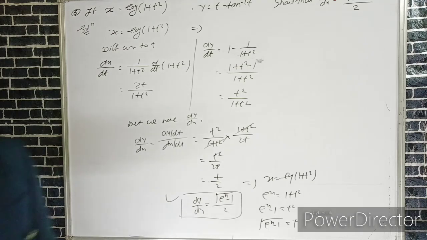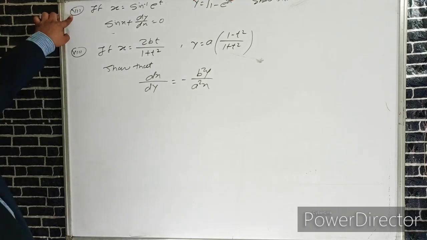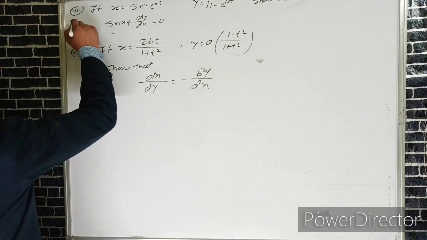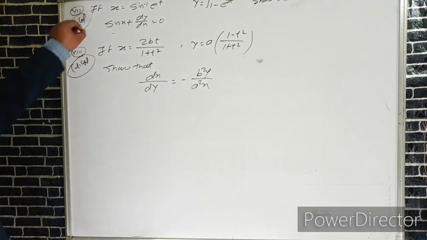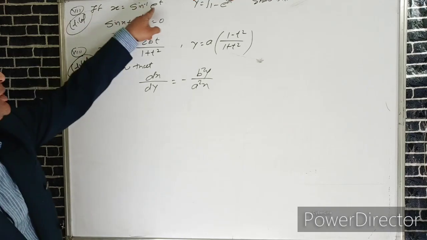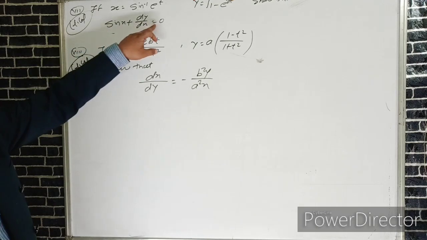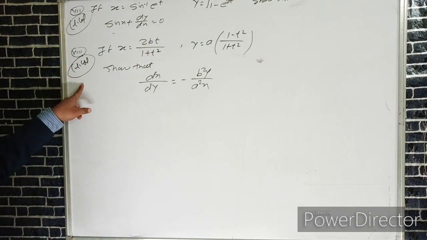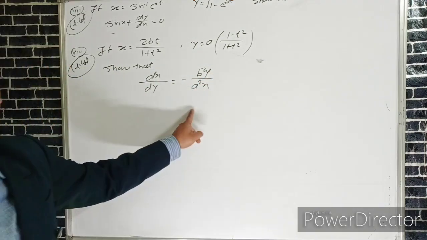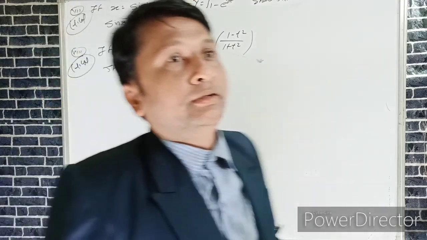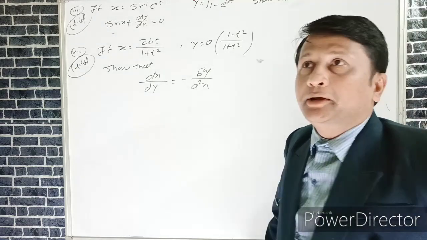Similarly, you can prove the next examples, example number 7 and example number 8, which are homework for you. You can solve and prove these. Example number 7: x is equal to sin inverse of e raised to power t, y is equal to under root of 1 minus e raised to power t. We have to show that sin x plus dy by dx is equal to 0. Also, you can prove number 8: dx upon dy is equal to minus b square y upon a square x. Here we complete the exercise, which is 1.4, derivative of parametric function.